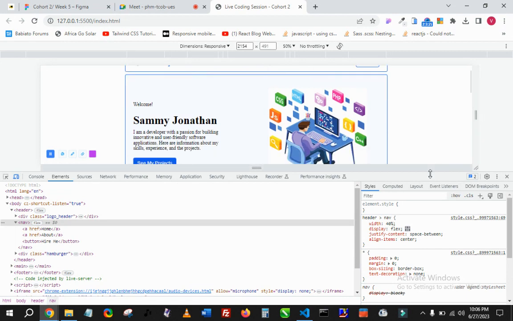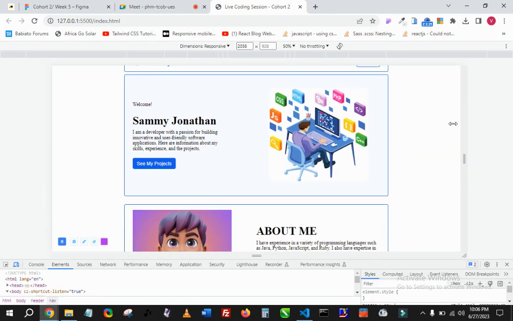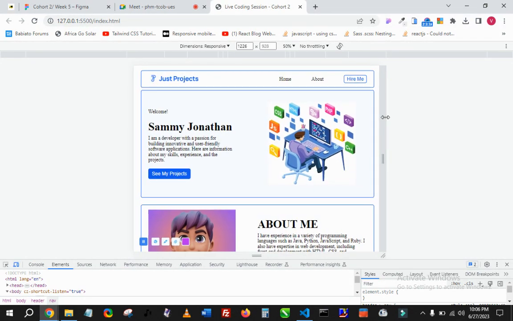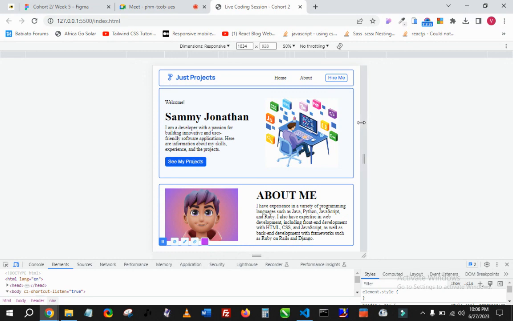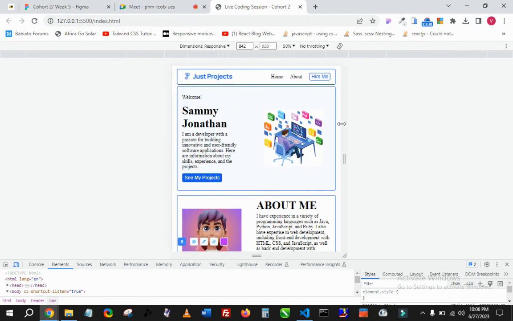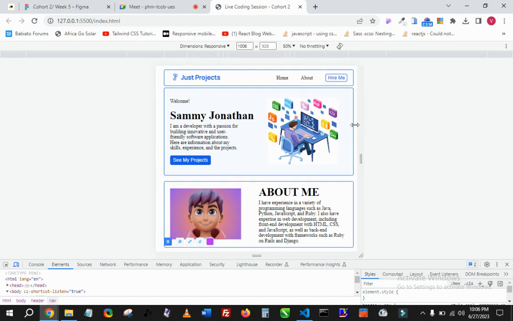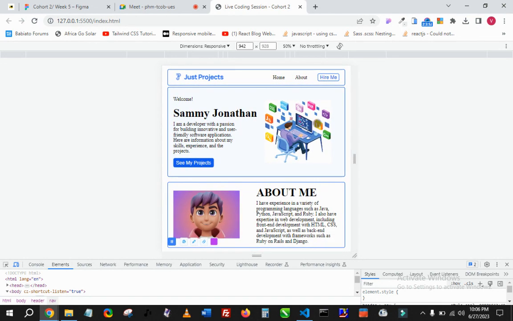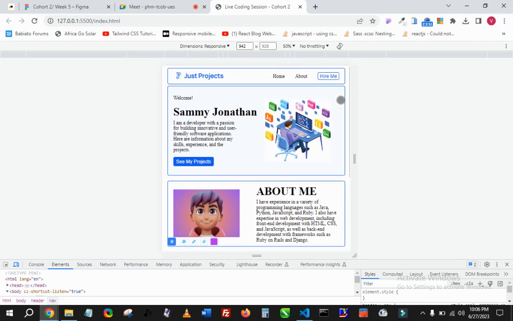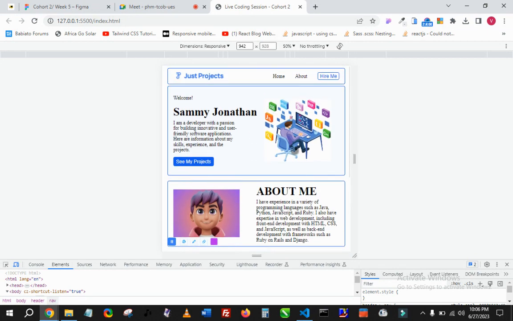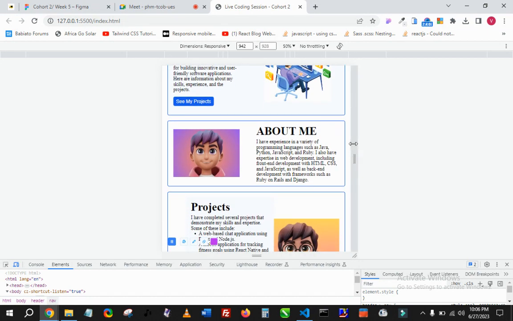So now we're in the second section. I want to drag this down, right? So you're dragging it on this screen size. It doesn't look so bad. You scroll, it doesn't look so bad. But even right here, I don't really like how it looks. So you can take a section and just make that section break earlier, right? So these three sections, let's just do the three sections at once. This is a section, this is a section, this is a section. So for the three sections, I think